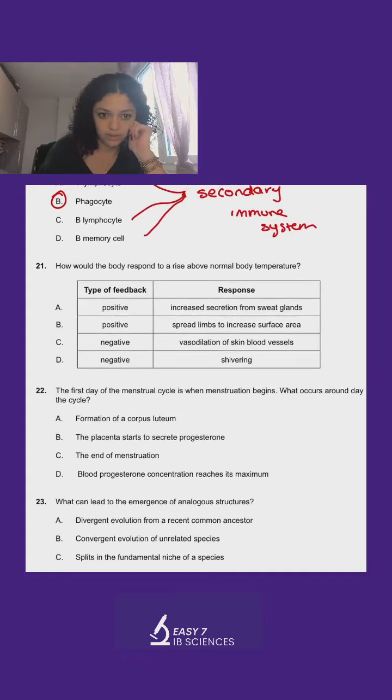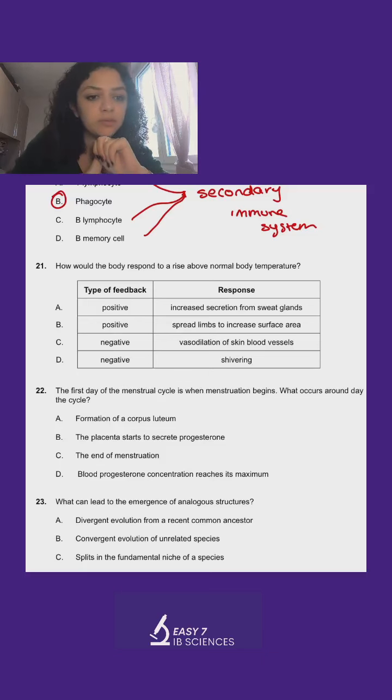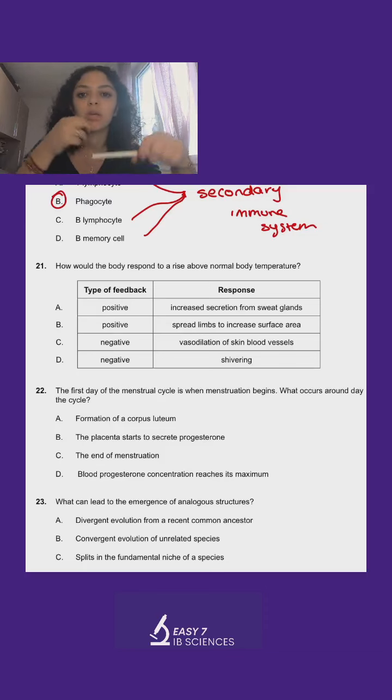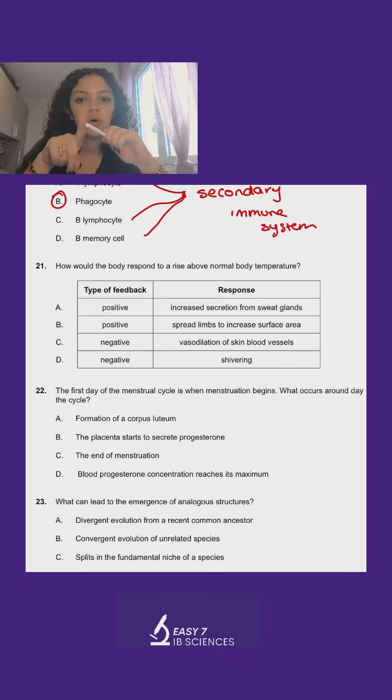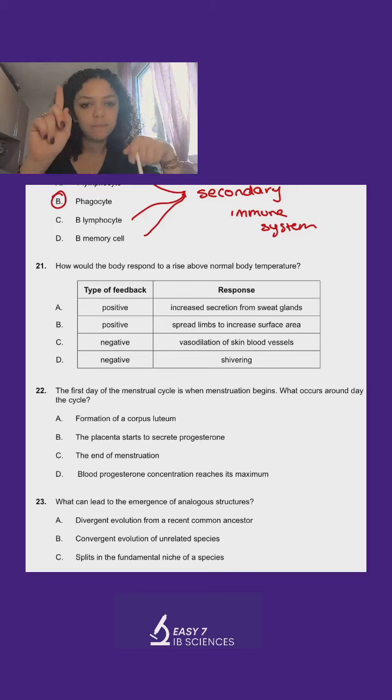Above normal body temperature, what happens? So, positive and negative. Someone said, I don't understand positive and negative feedback. Positive feedback is when something increases, it causes something else to increase. Negative is when something increases, it causes something else to decrease. Okay? So, let's say,